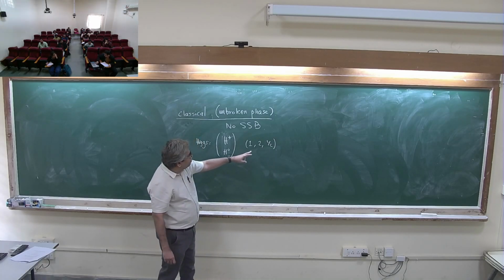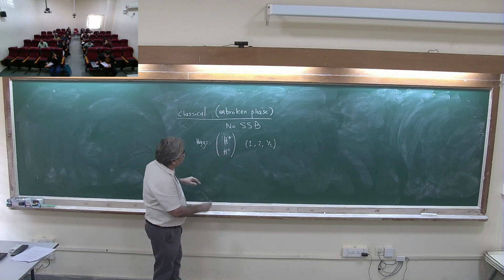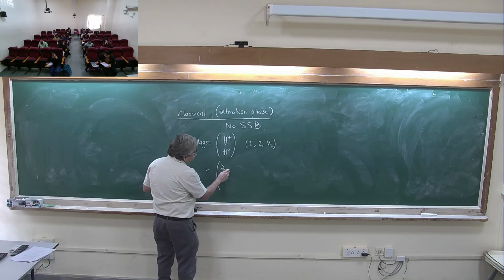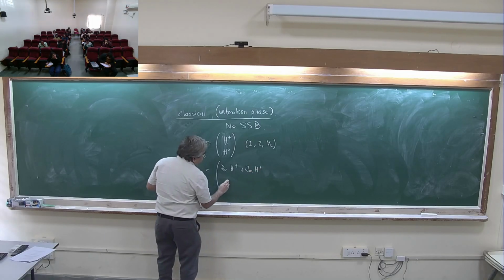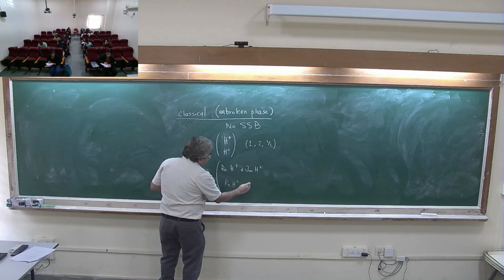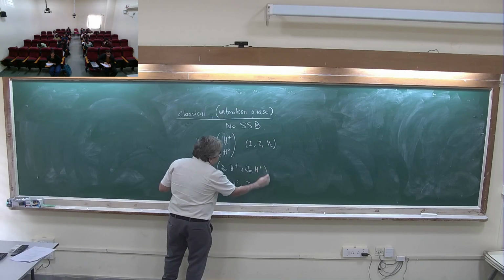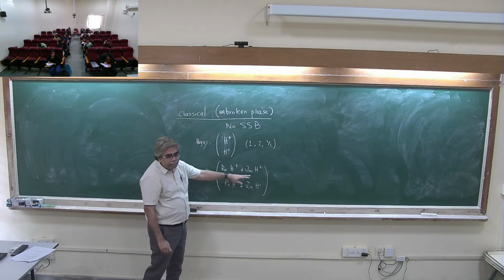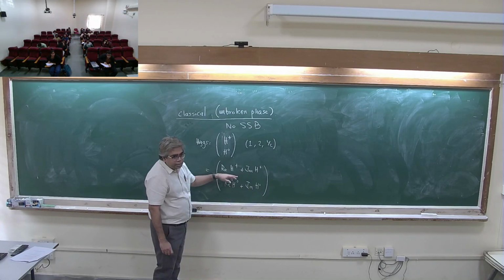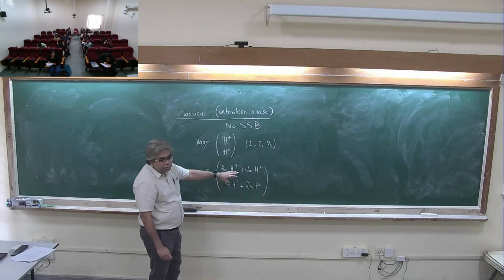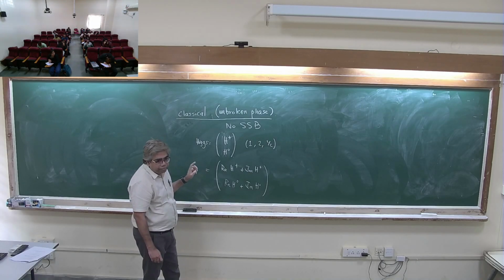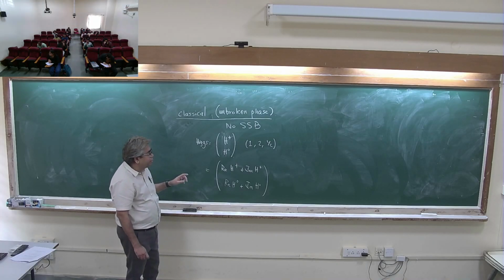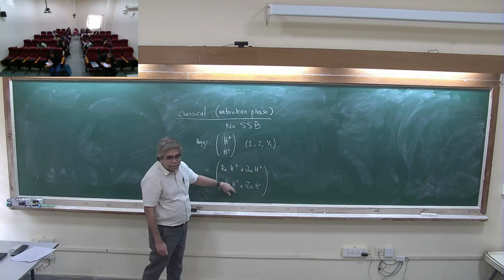Now, when you give it a doublet, it's a complex doublet, so it has real, imaginary, real, plus imaginary parts. So you have four real fields, and in turn, it turns out that three of these fields will become Goldstone bosons, and you will be left with one scalar field, which is not complex. It is one degree of freedom. And that's the reason why we want to give it in this particular representation.